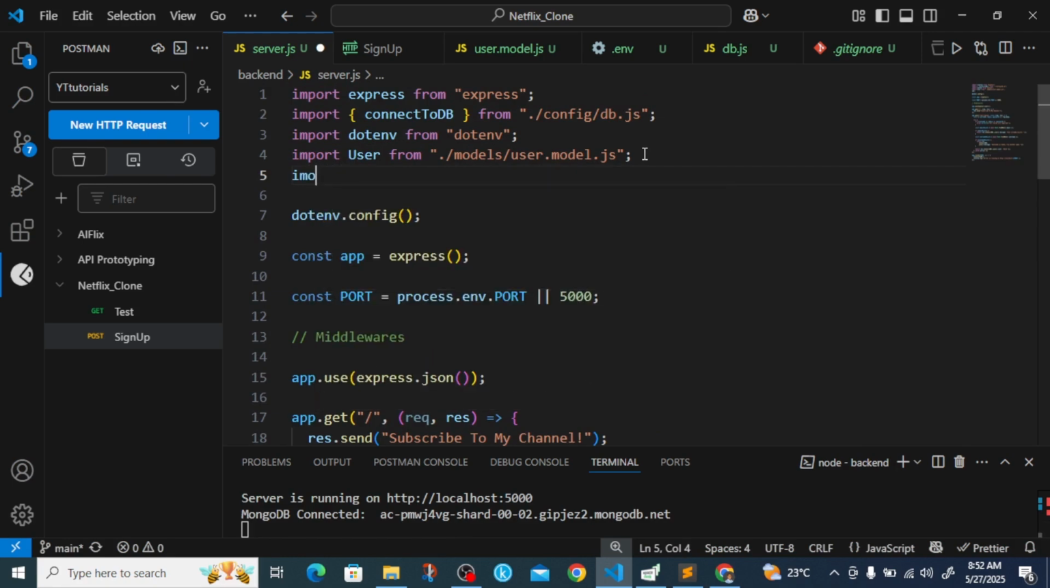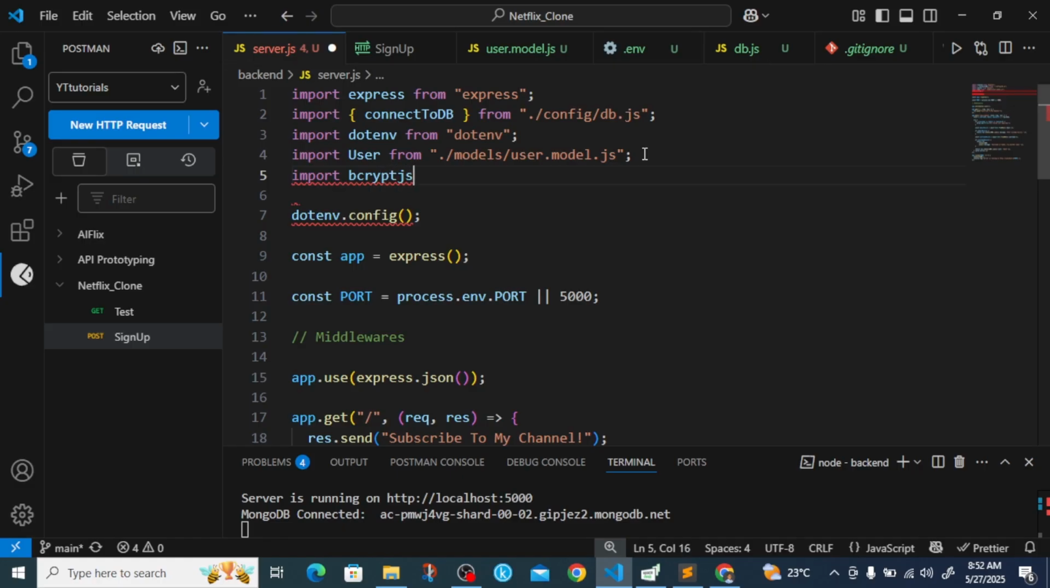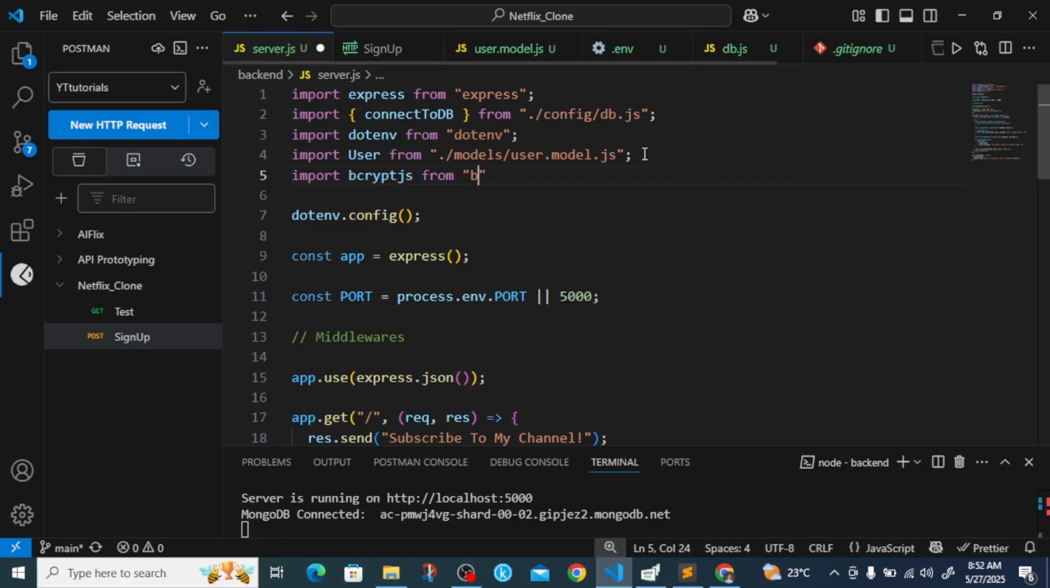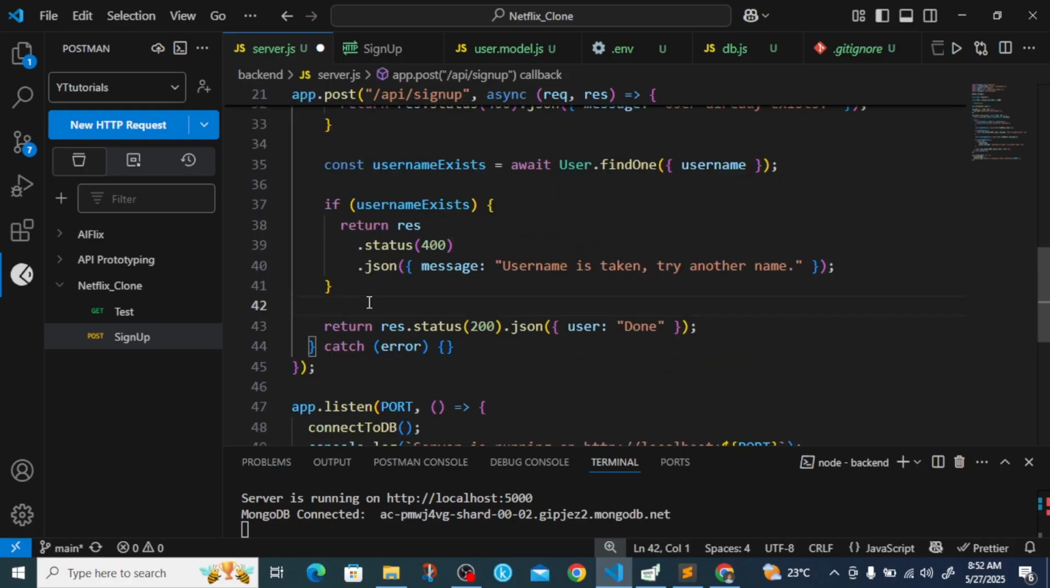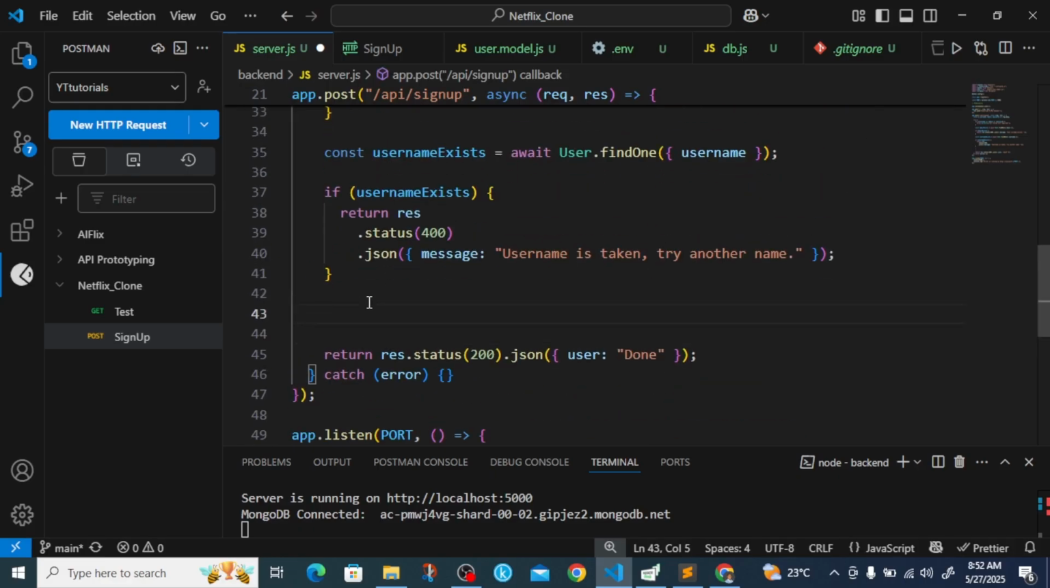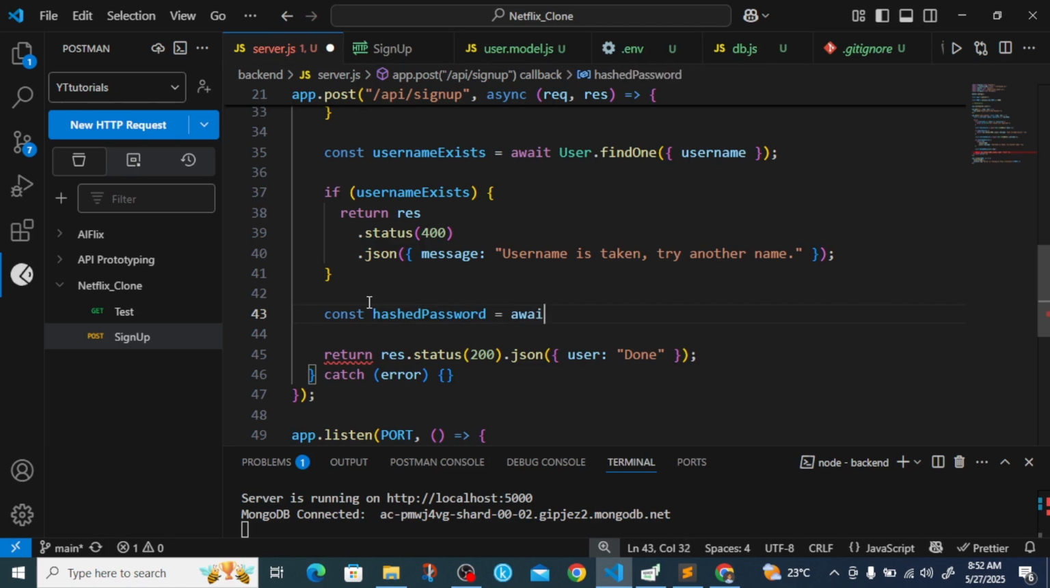Import bcryptjs from bcryptjs, just like this. And then under this, we are going to hash the password. How can we hash the password? We are going to come here and say const hashedPassword. This will be equal to await bcryptjs